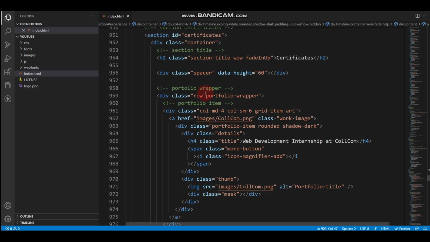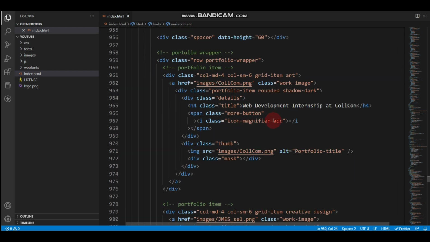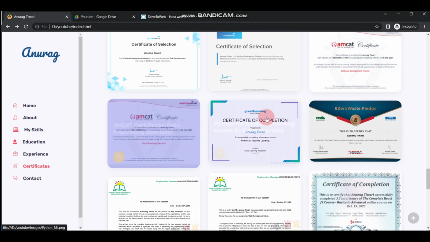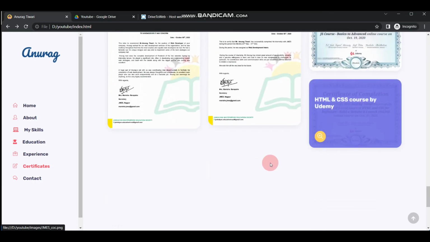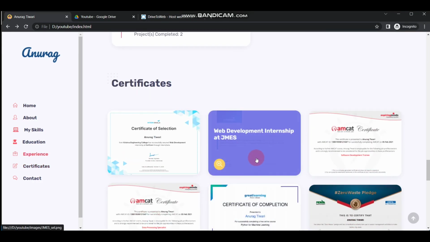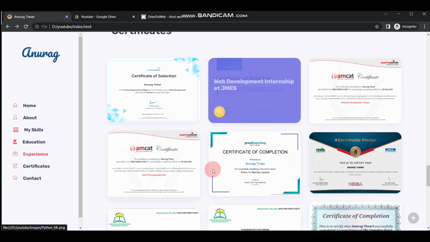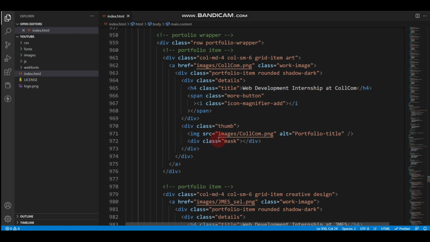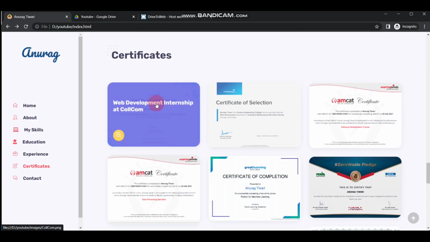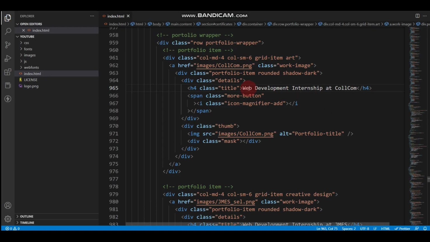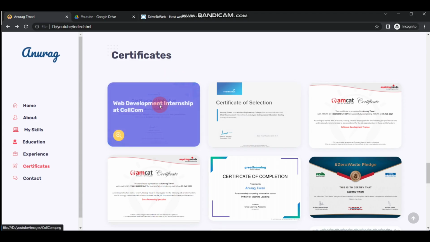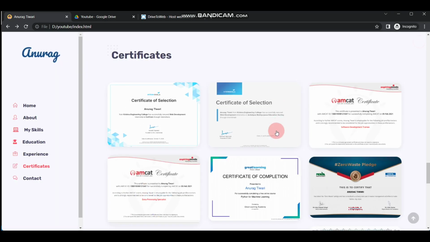After that, certificates, right? So this one is the certificates. So here you can see I have added total 10 certificates. So you can add any one or any number of certificates you can add here. Just scroll here. You can see first one is the web development internship at Qualcomm. So whenever I am hovering on this, it is showing this text. So this text is for this, and if you click on this, it will show the internship certificates,